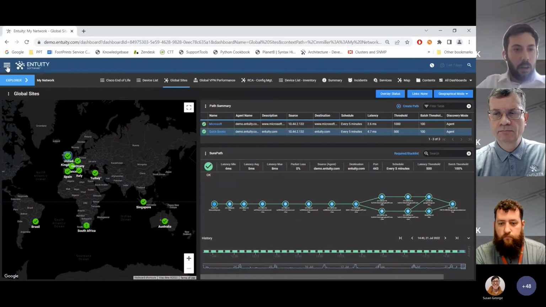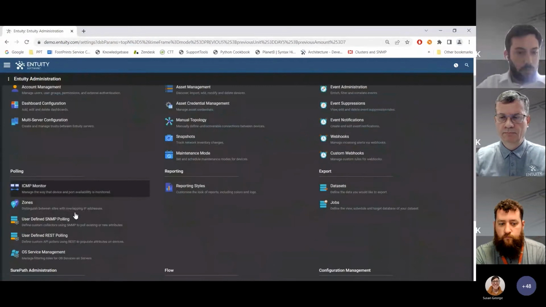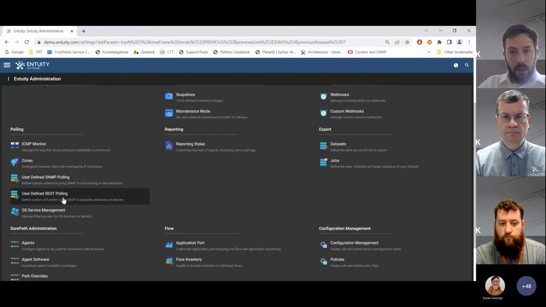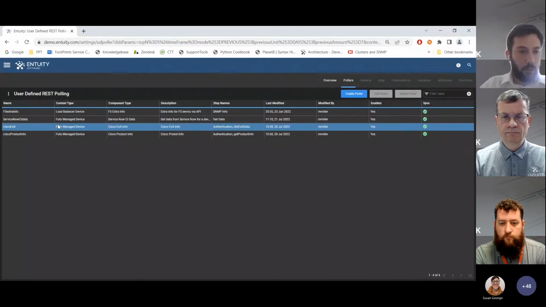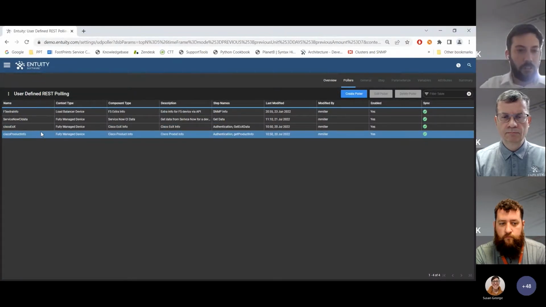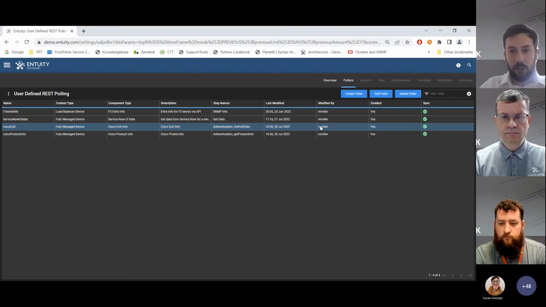So I'll start off by going to the polling page again. And you can see I've created some pollers here. The ones I'll delve into are a couple of Cisco ones here. They're using the Cisco support API, and from that we can get end of life data and product info. So if I just show you,